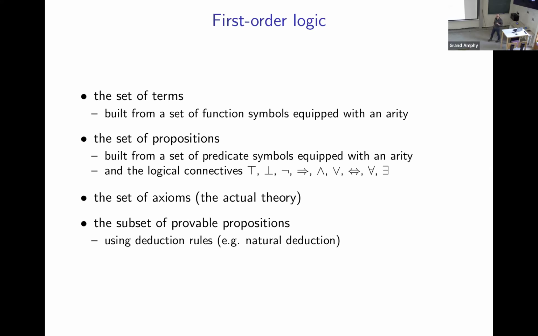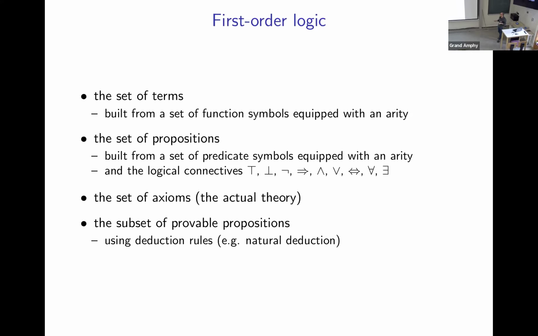So to see how to encode logics, we are going to start with first order logic and how to encode first order logic in lambda pi. And then later we are going to see how to add more things to encode some other features and some other logics. Okay? So if you take a textbook on first order logic, how is it defined?